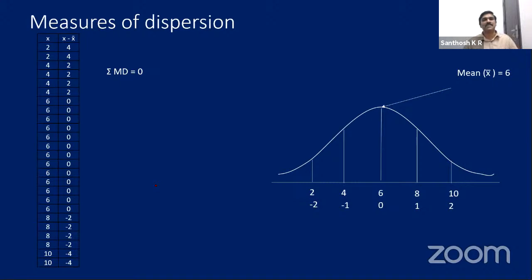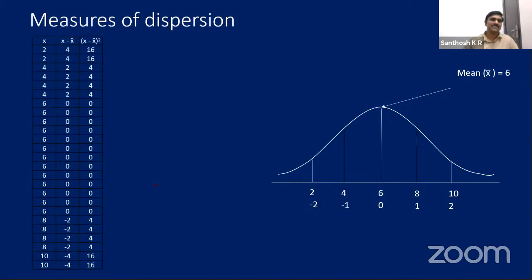Actually, almost all the people who worked on finding a method to understand how much the data is spread from the middle using a mean deviation totally fell into despair. They started crying, how can we find a new method? And some of them thought, to remove this negative sign, what can we do? We can just square it. And later, after doing all the calculation, we can find a square root also. So they started squaring it.